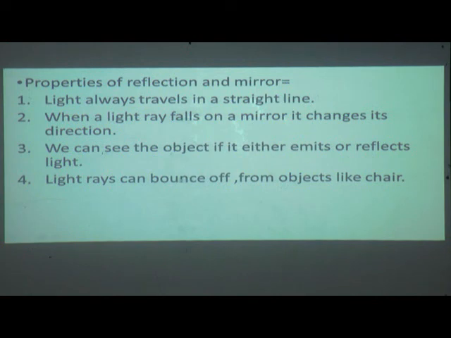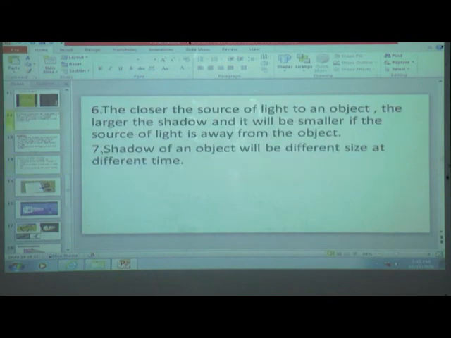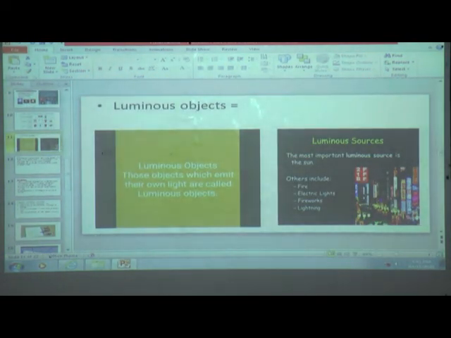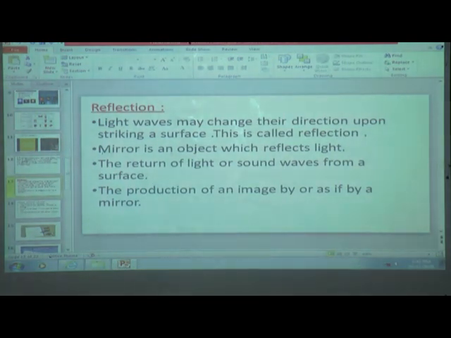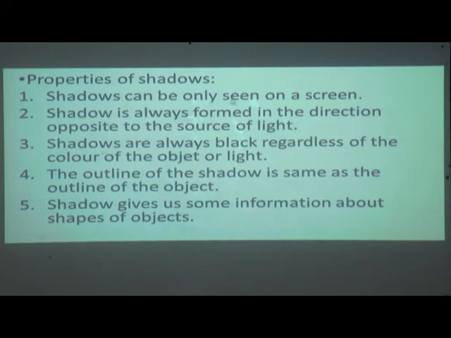Now students, we'll see the next point, properties of shadows. See, shadows can be only seen on a screen. Shadow is always formed in the direction opposite to the source of light.